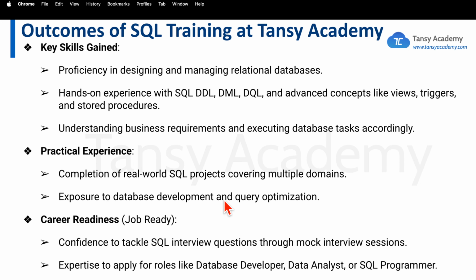Exposure to database development and query optimization. You'll be writing a lot of queries, maybe about 500 plus queries to complete your project. Career readiness: once you do the projects, if you're not confident after project 1, complete project 2. If you are still not confident after project 2, go for project 3. You go to a point where you are job ready and confident enough to tackle SQL interview